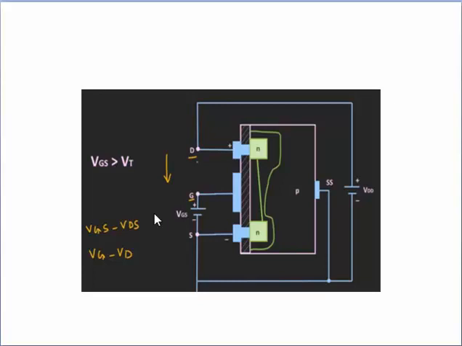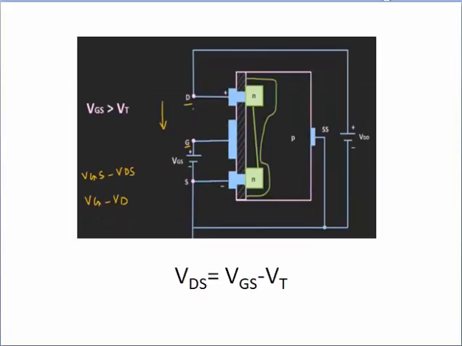As we keep on increasing this voltage VDS, the voltage between drain and source terminal, then at one particular voltage a pinch off condition will occur. At that particular voltage, the drain current flowing through the circuit will get saturated. We will also discuss this in our next lecture or next topic, that is drain characteristics. The voltage VDS at which this pinch off condition occurs is called the saturation voltage.